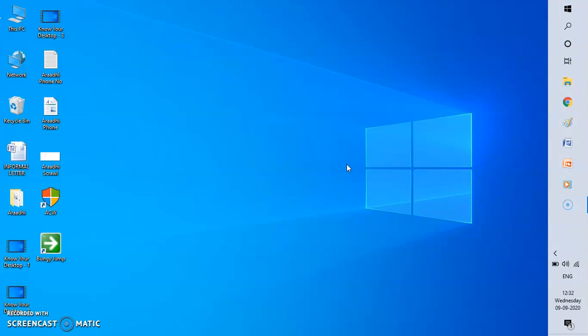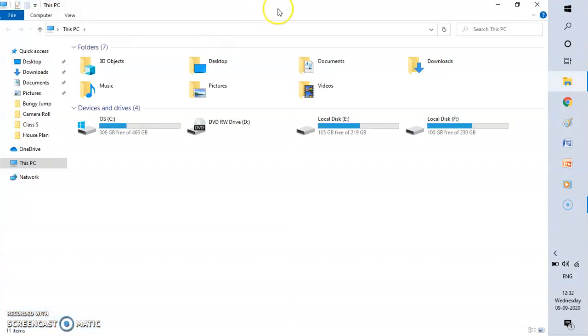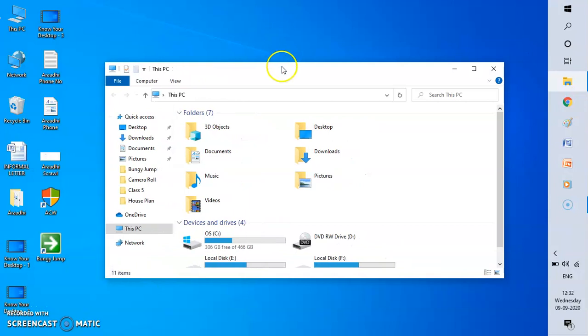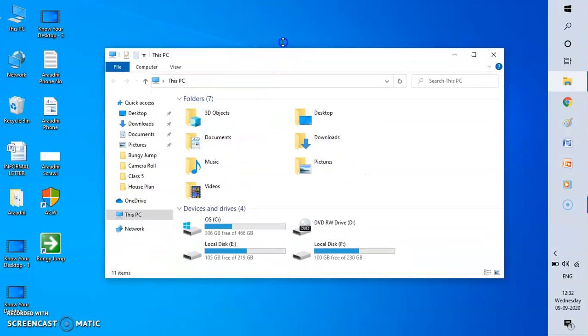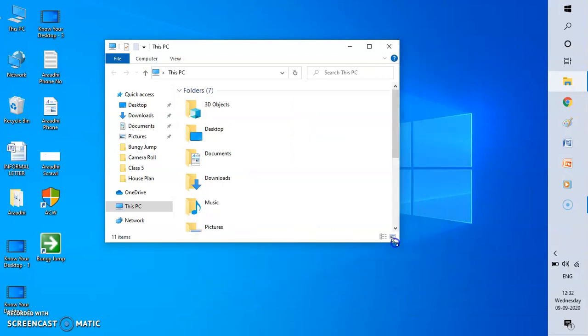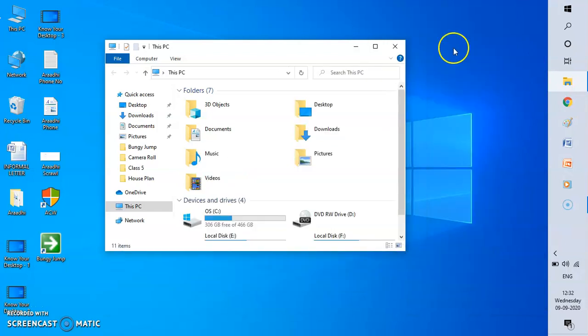It is possible to move a window and increase or decrease its size. So we saw how to manipulate windows. See, this is the full screen. You can minimize, you can restore it. You can increase its width. You can increase its length. And you can increase both width and length. This is a little tricky. If I want to increase both simultaneously, length and breadth, you can do that also.